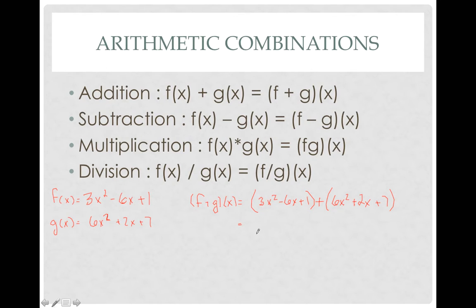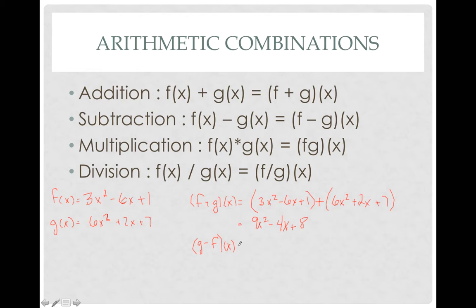And in addition, we just combine our like terms. So 3x squared plus 6x squared is 9x squared. Negative 6x plus 2x is negative 4x. And 1 plus 7 is 8. So addition and subtraction is pretty simple. You need to remember that in subtraction, you need to subtract each of the pieces. So if I was to do g minus f